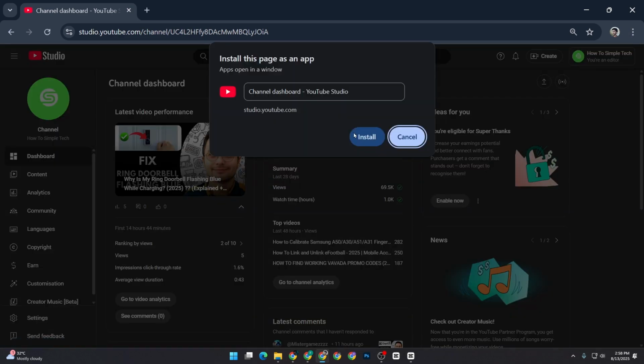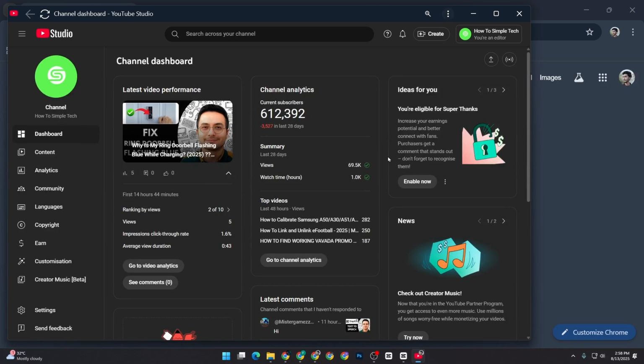Choose install if you want to pin it to your taskbar. Now YouTube Studio opens like a real app like this. Right click on it, then pin to taskbar. Quick, easy and perfect for